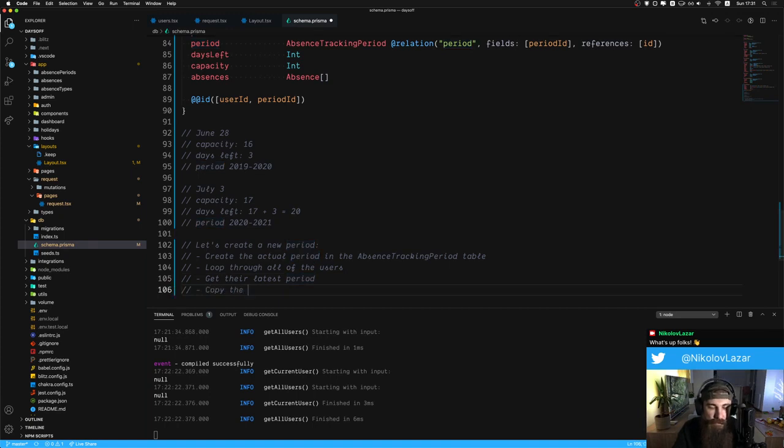Copy that period's capacity into the new copy and create a new user in period